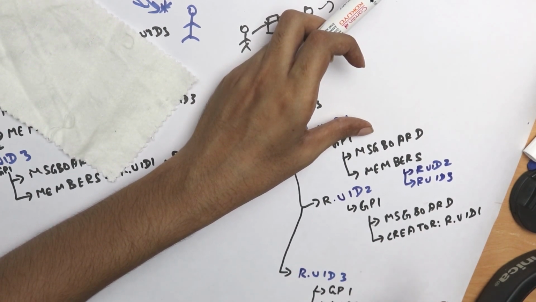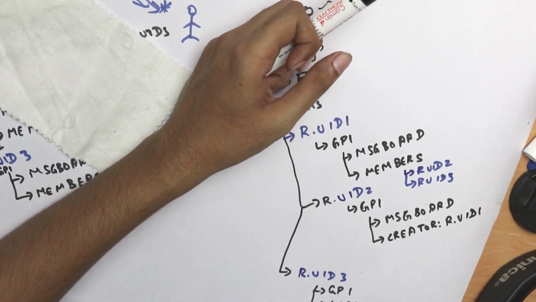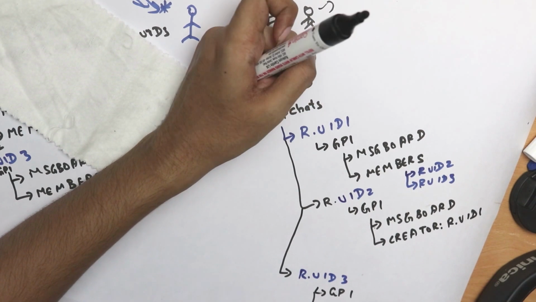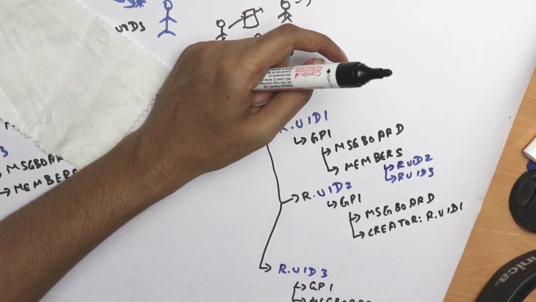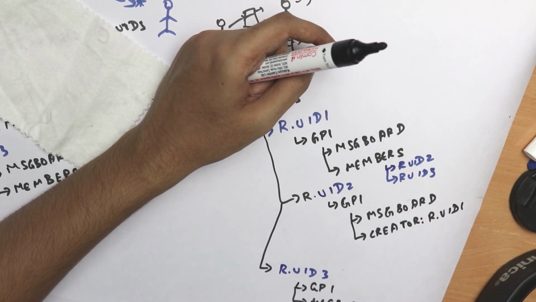That's what will happen, right? Now suppose this RUID3 is trying to send a reply to that message. Imagine that scenario. This RUID3 is trying to send a response to that particular message. So once the message gets sent, it will be stored on his message board first. Suppose he sends "hi", it will be stored on his message board first, and then